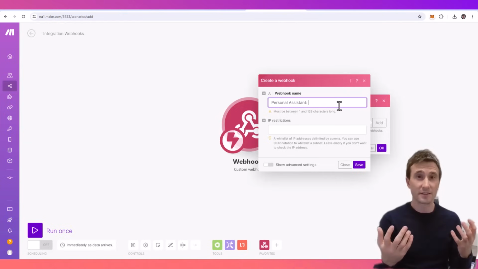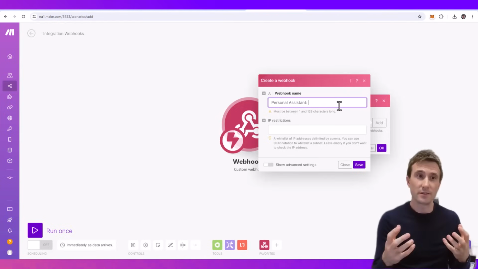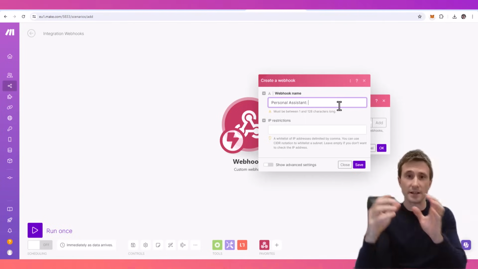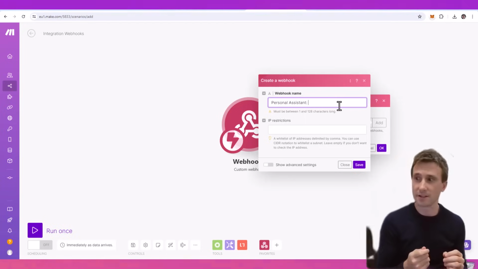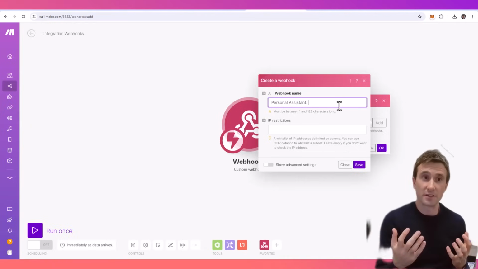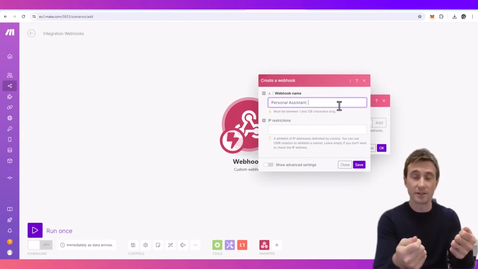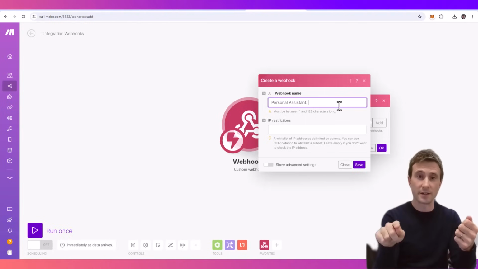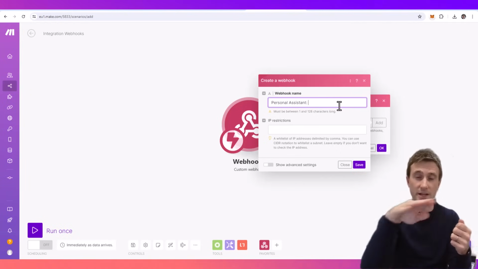And I think for this example, I was trying to think of a use case on the fly to build. I think what we might do is just do something simple where it's going to be a webhook. It's going to put some data into Airtable for us, and then it's going to send a response back to the ChatGPT conversation. I think that maybe we'll try and do, say, expense receipt processing. So we'll upload an expense receipt into our ChatGPT personal assistant. It'll extract some of the data, and then it'll put that data into our Airtable expense database